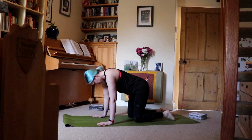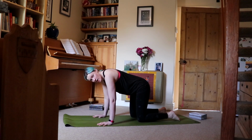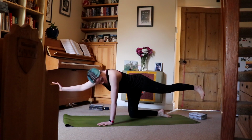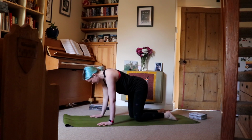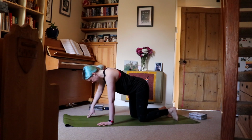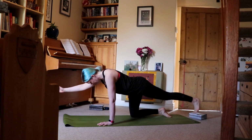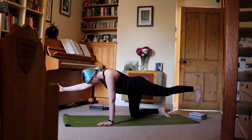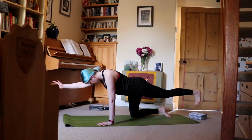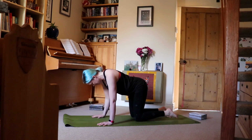So, setting up again, we're going to do opposite hand and knee. So aiming to keep everything level, so I don't want it like that. You're looking just in front of your hands, between your hands, so just in front to keep your neck long. We'll start with our arm, right arm extending, left leg away. So thinking about drawing into my belly, pressing into my right and left evenly, and replacing, and we'll do that